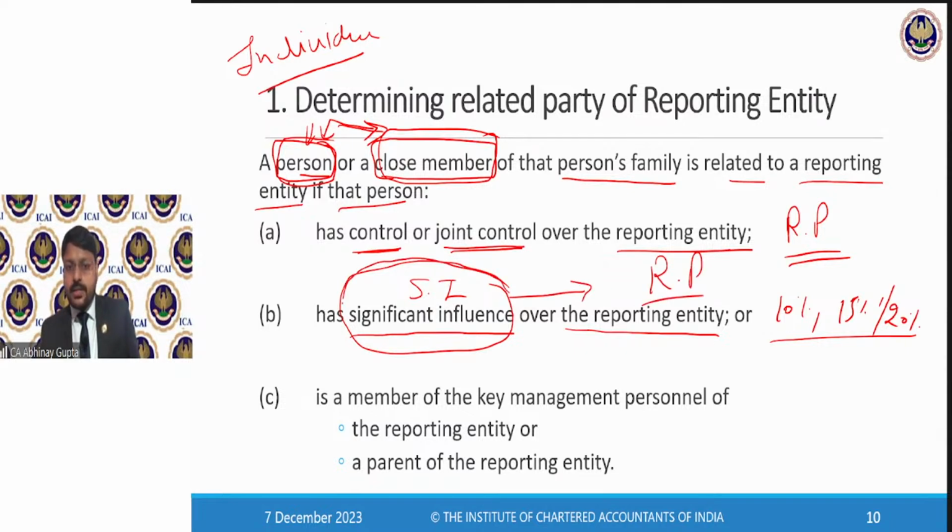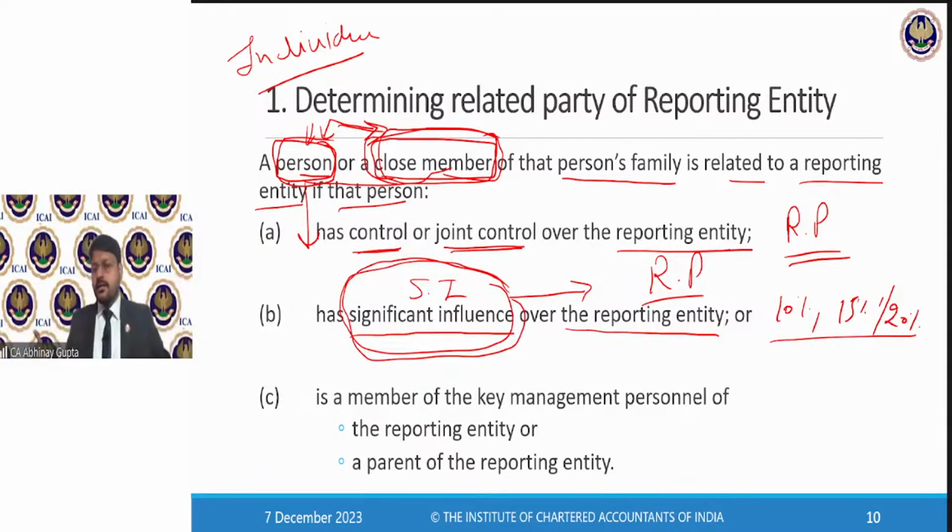I can have this significant influence either myself or along with my close family members. So I and my close family members will be regarded as related parties to this reporting entity. Clear? Third,